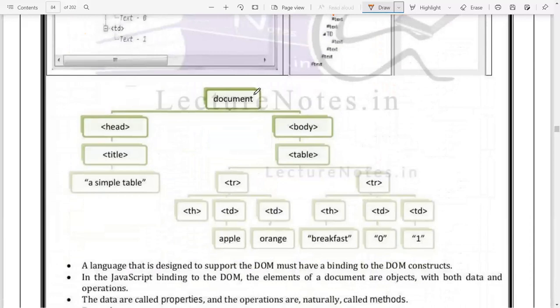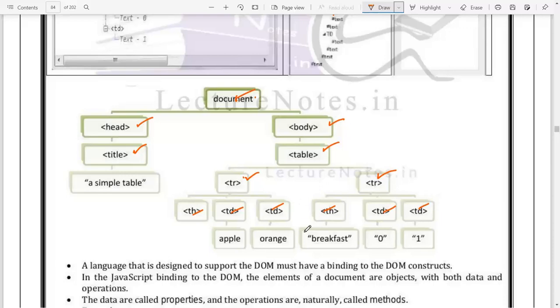Now, when you write a program, your HTML program will create a document object. For that document object we'll have elements like head, title, and body. Inside body I have a table. In the table tag I have two rows, row 1 and row 2. In row 1 I have table header, table definition, and table definition. Again in the second row I also have table header, table definition, and table definition.